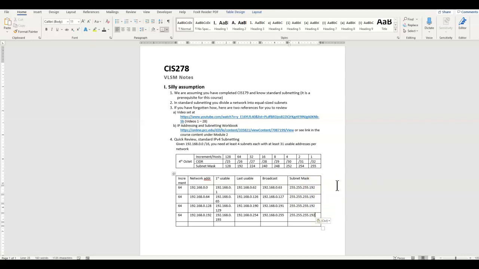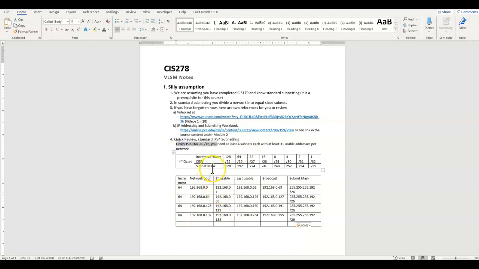There we go. Of course, the alternative would just be to call it out as a /26 like that. /26, /26. It means the same thing either way. Slashes or the CIDR notation is just another way of saying the same thing in the subnet mask. And now we've got 4 networks here, all 64 in size, that we have subnetted this into.